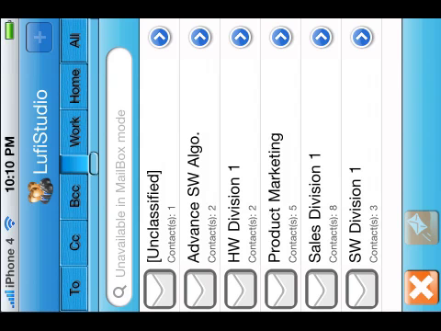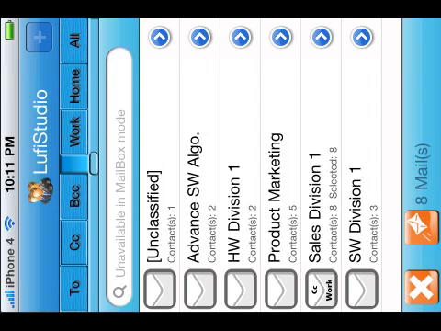You would like to send mail to a contact Wall, and CC all other contacts from the Sales Division Department. First, we select a recipient as CC. We choose mail type as work because we only want to send work labeled mail addresses from the chosen contacts. Next, we tap on Sales Division 1. As you can see, now you have selected 8 contacts, all marked as CC recipient type with work labeled mail